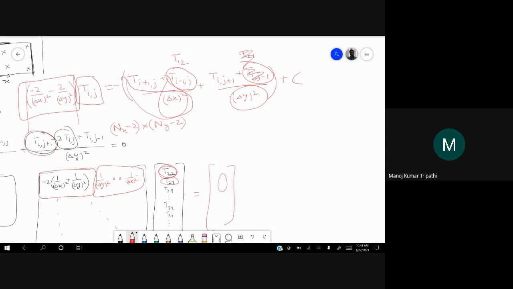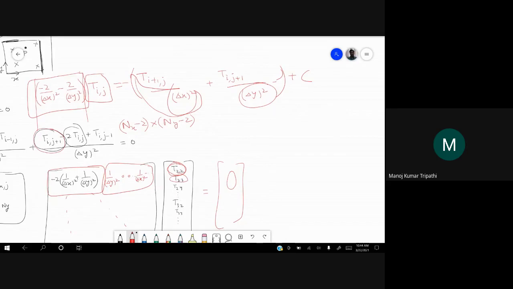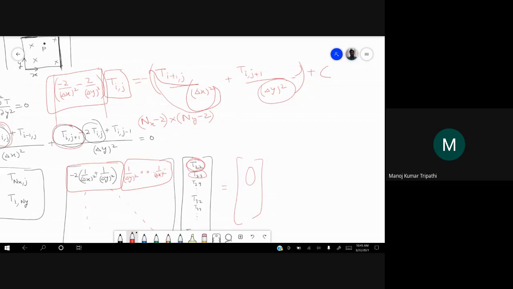If you remove these numbers from here, you can write a constant there. So then the unknowns that are there are only Ti+1,j and Ti,j+1. And the coefficients are 1 by delta x square and 1 by delta y square. The sum of them is less than the mod of minus 2 by delta x square minus 2 by delta y square.